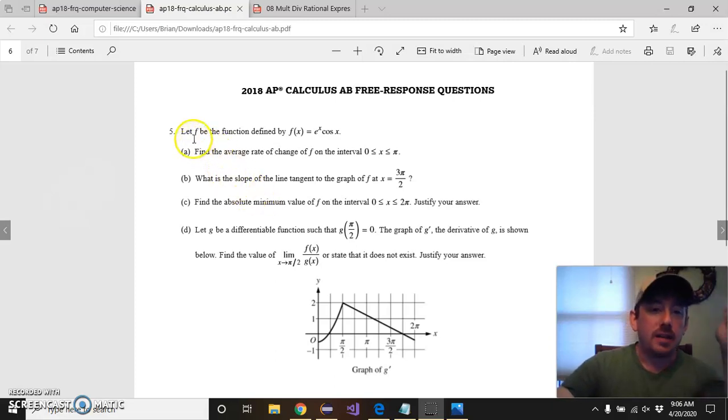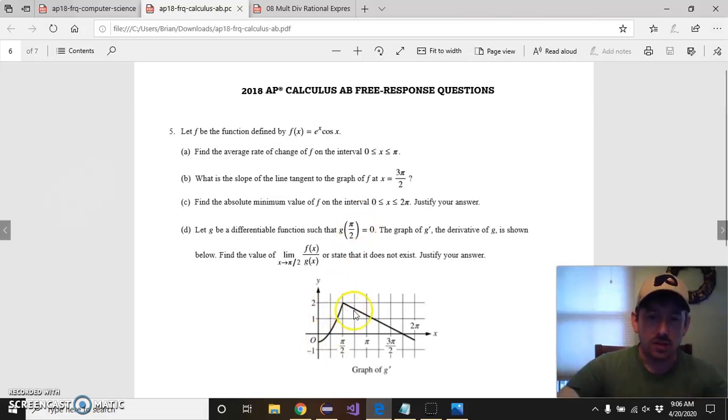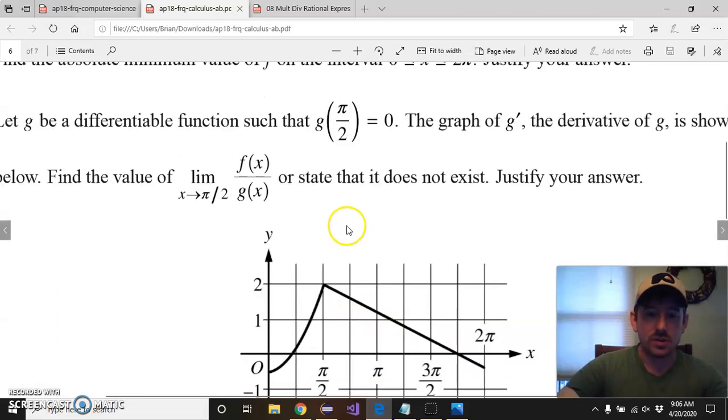So here we are, number 5. We have a function and our first task is to find the average rate of change between 0 and pi. Now don't get these two concepts mixed up: average rate of change versus average value. If I'm just using, this isn't f of x, but if I use this as an example,